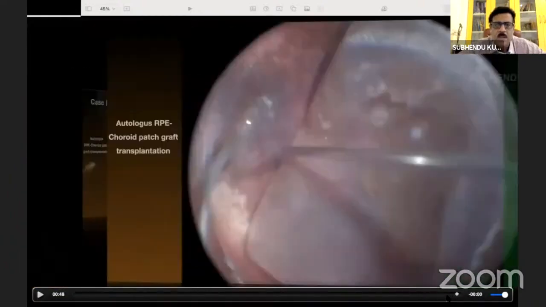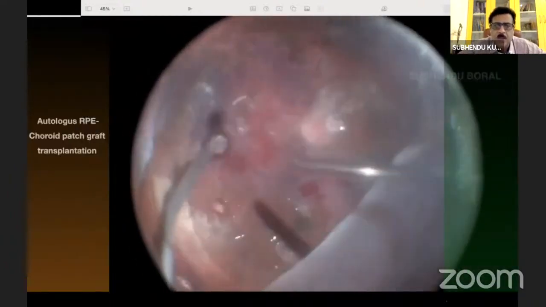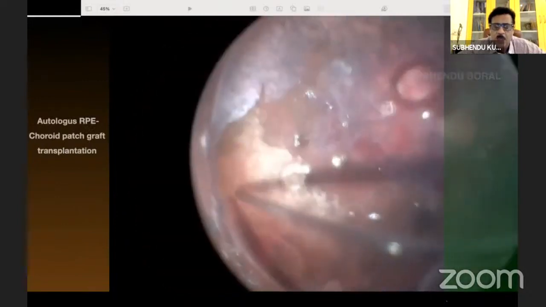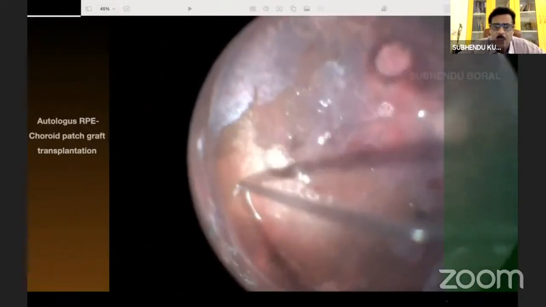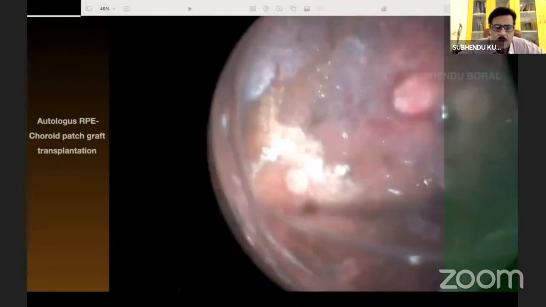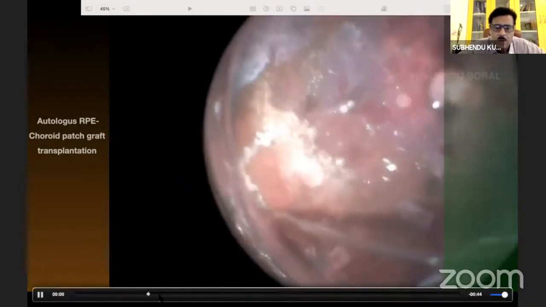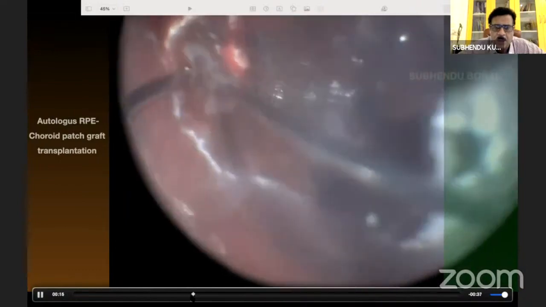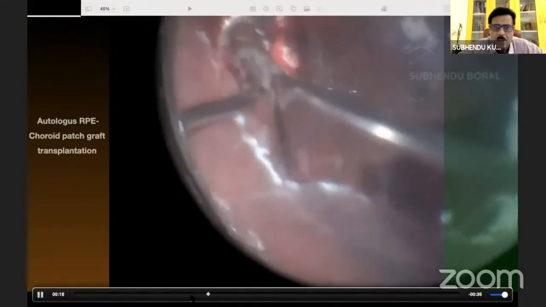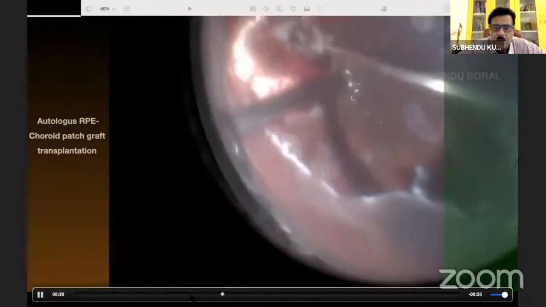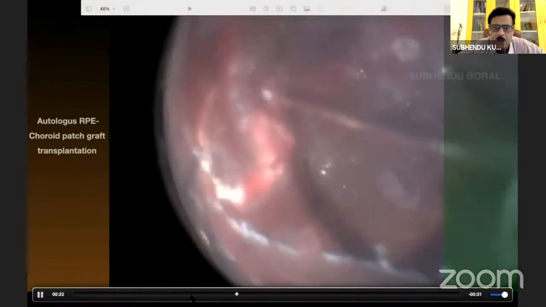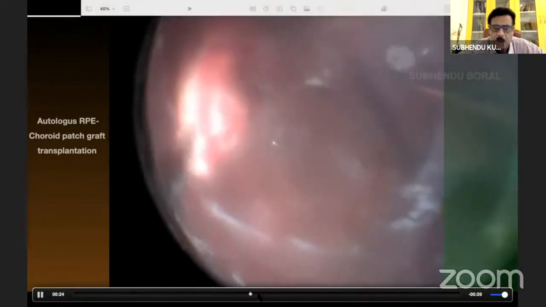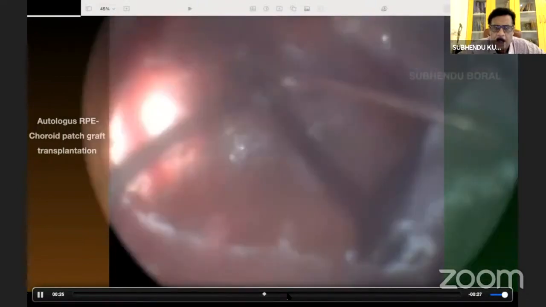So this is another case where I'm injecting PFCL to keep the retinal flap away from your working area, doing some gentle cautery, not too much cautery, as too much shrinkage of the graft is not required. Now you can see the graft has been nicely taken from its place with the help of the cutter as well as the forceps. Under the PFCL, with the help of forceps, I'm translocating the graft into the macular